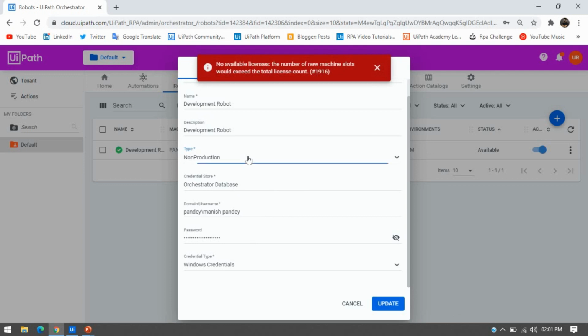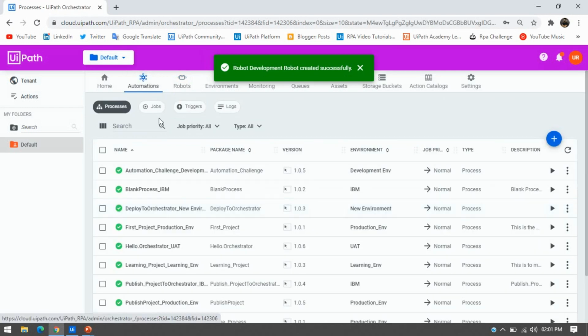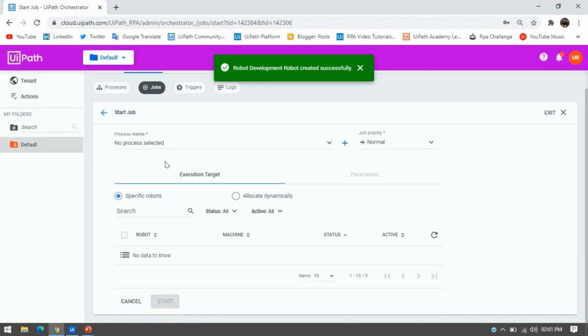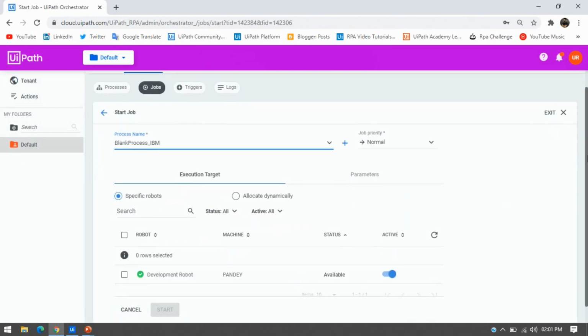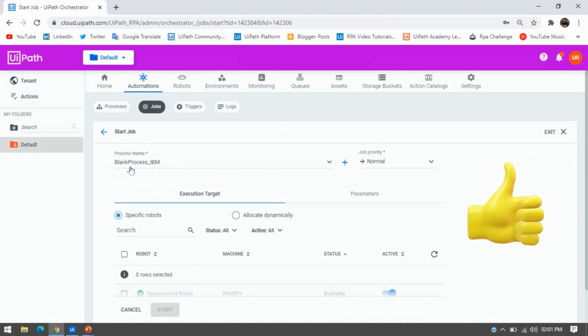Okay, now I can just show you the unattended robot only, and I have the license for that. Now just click on Automation, click on Jobs, and now click on Start Job, select any of these, and you can see this robot is available, because the unattended robot has the feature to start the job from Orchestrator and schedule the job from Orchestrator, right?